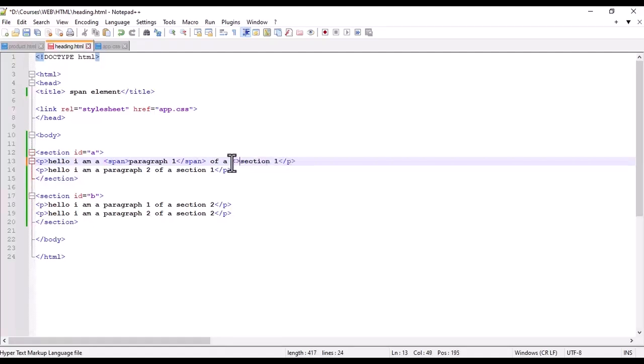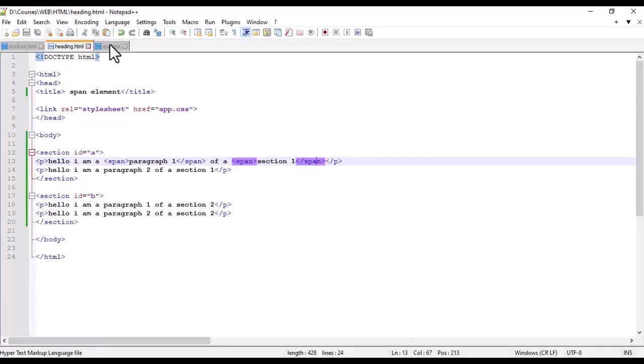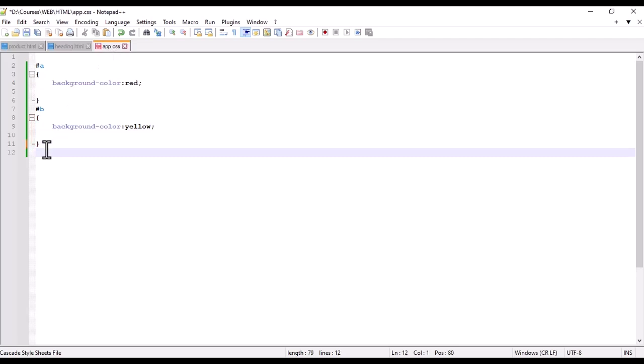We will use span. Both of these words belong to the block element paragraph, but we will put them inside the span because we want to apply CSS properties. We want to style these words with different colors, fonts, etc. So we will put these inside the spans. The effect is not shown because we have not applied any CSS property, so we can apply it, like we will write span